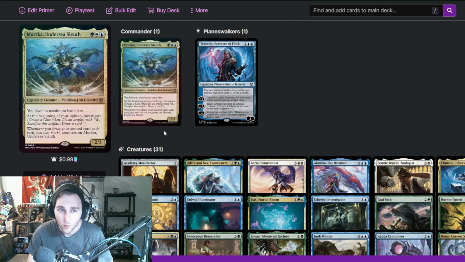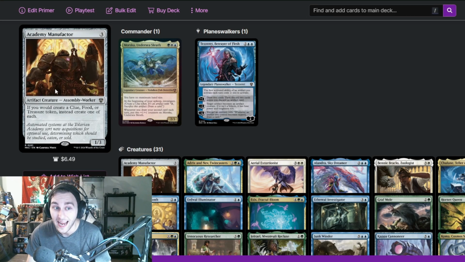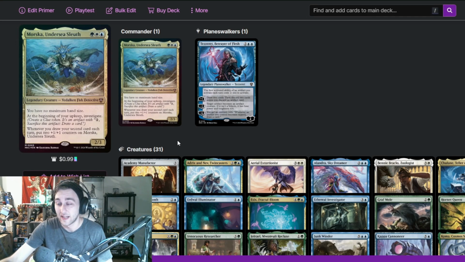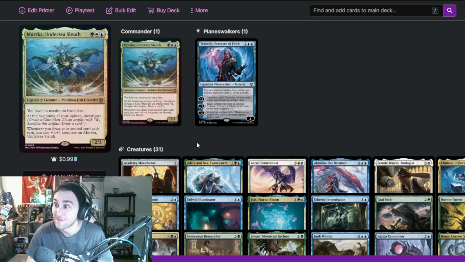So we have Morska herself. No max hand size, huge, very useful. The upkeep investigate, very useful. And that second ability for 2 counters, oh jeez, I forgot the trigger so many times, and still she got up to like an 8/11 in just a couple of turns. So she can get pretty powerful really fast, especially if you're popping 2 clues on other people's turns. That really makes things